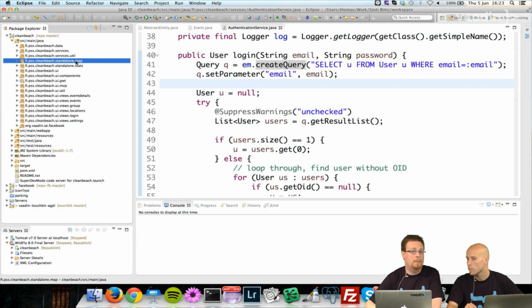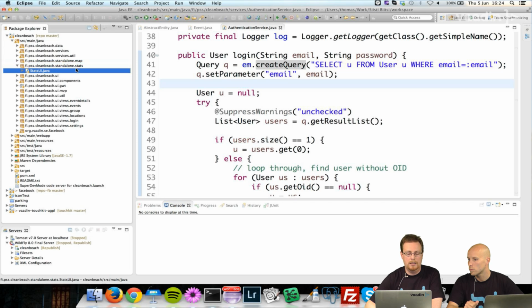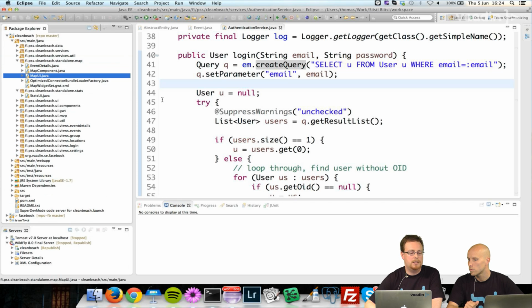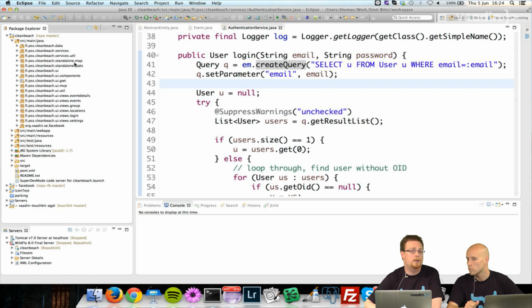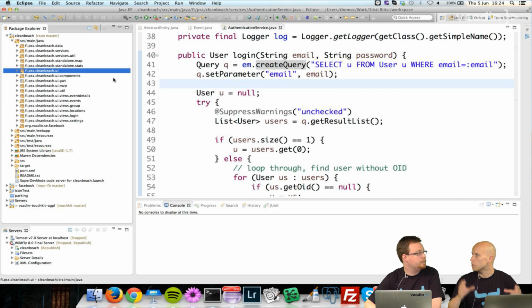All right, then I have a couple of other small applications here. For instance, I have a standalone map application, which is embedded into the organization's homepage, which shows just a map with locations where events are being held right now. And then I have the statistics application as well. These are both just normal Vaadin UIs, which are mapped to two different places. So this is a map UI and a stats UI, very simple stuff. The stats is an admin interface, and the map is just a map. Just a different way to the same map, same data. I'm using the same services and everything, CDI there as well. They're just mapped to a different address, and then I have different security for them, of course.